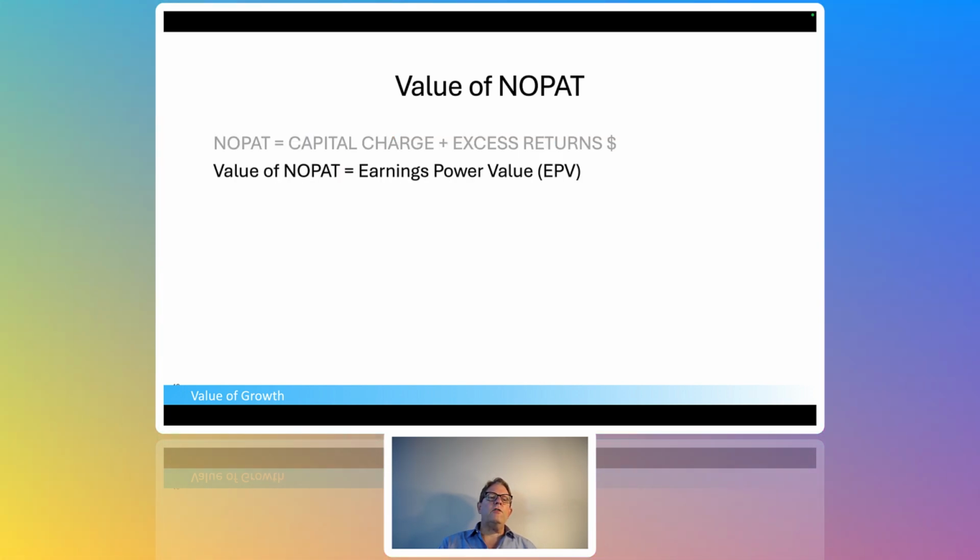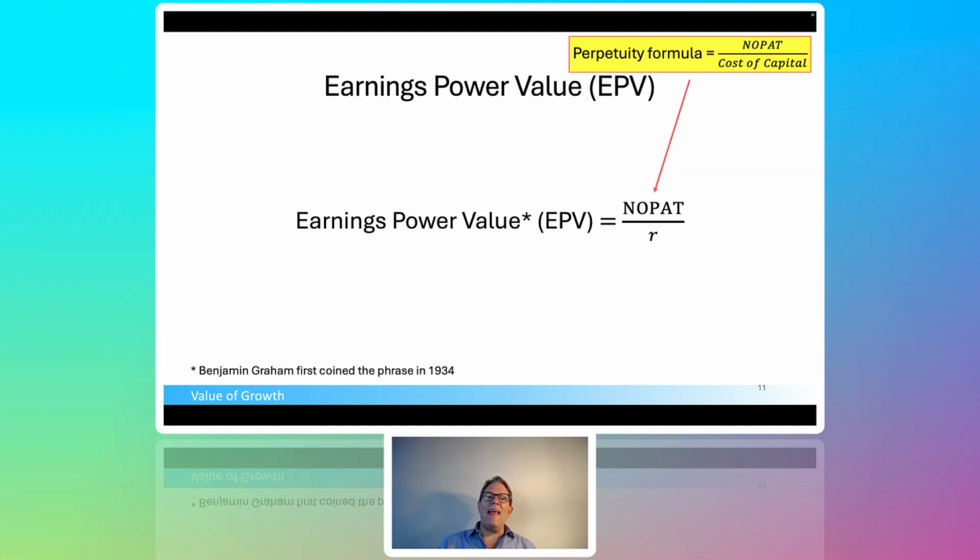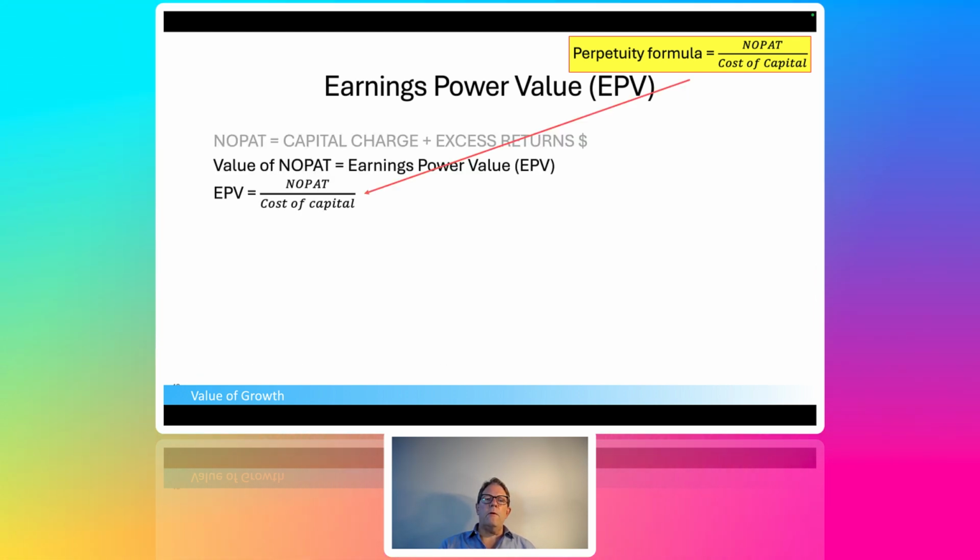Okay, great. All right, so if I want to know what the value of NOPAT is, which we call earnings power value, I can then go look at its subcomponents. We established that earnings power value, if we believe in a steady state, no growth, perpetuity earnings power, then we can use the perpetuity valuation formula, which is NOPAT divided by the cost of capital. We established that really in the last couple of videos. So the value of NOPAT would effectively be the value of earnings power, which is earnings power value, and that's NOPAT divided by cost of capital, just using that same perpetuity formula. So all I'm doing is linking some pieces from before.